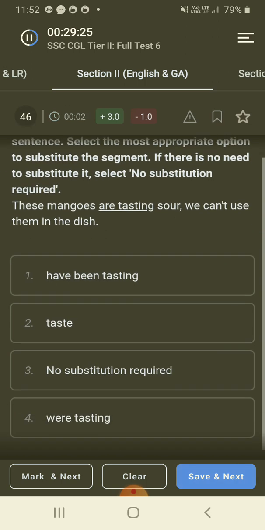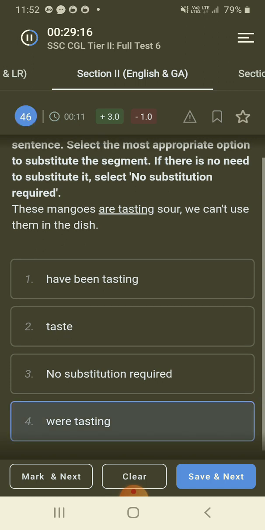These mangoes are tasty. These mangoes have been tasting so. These mangoes were tasting so. These mangoes have been tasting. These mangoes